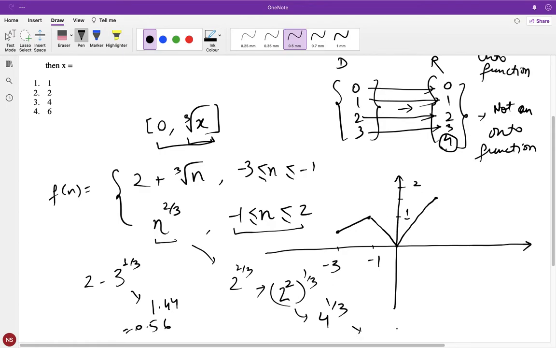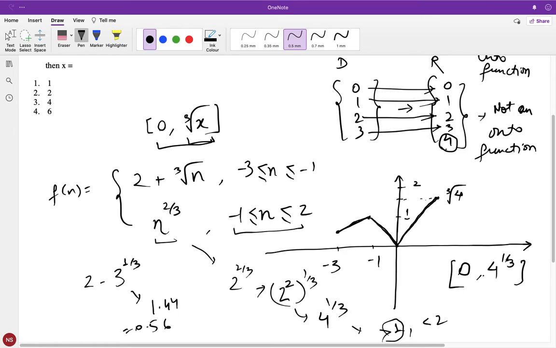And this value is greater than 1 but less than 2. Why? Because cube of 1 is 1 and cube of 2 is 8. So it is some number between 1 and 2. So maybe like here. So this height is cube root of 4. So your function is this. It lies between this value and this value. So the minimum value y is taking is 0 and the maximum value y is taking is cube root of 4. So the range is 0 to 4 raised to the power 1 by 3.